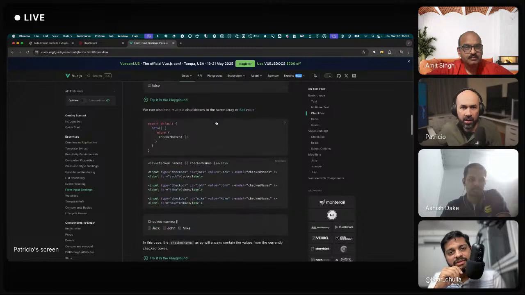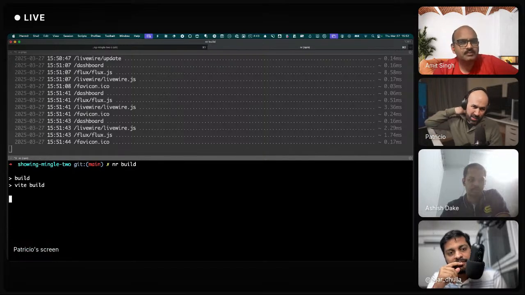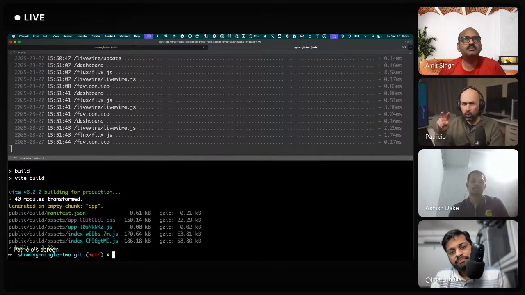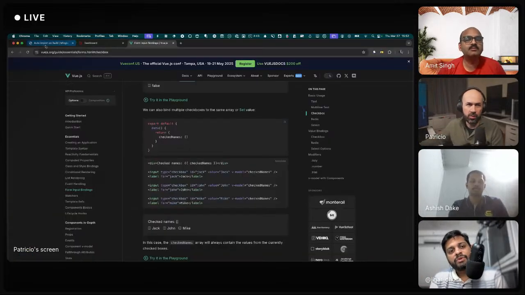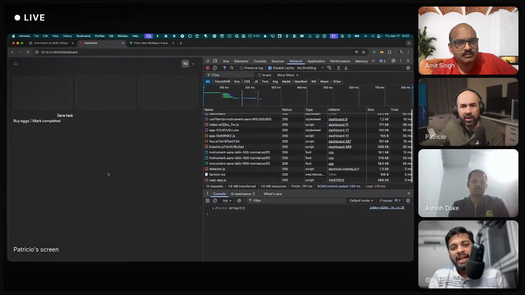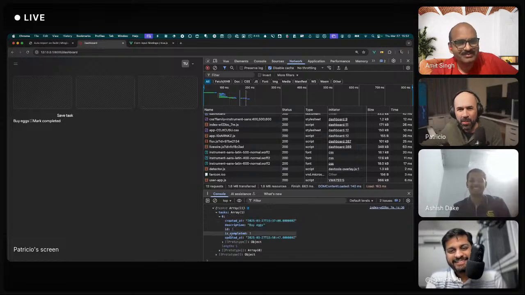It's just that in Blade it will be with checked. I think again, this didn't update, but I made a mistake and did colon v-model. So that doesn't work for sure. That's probably a Livewire thing. Yeah, it's a mix.